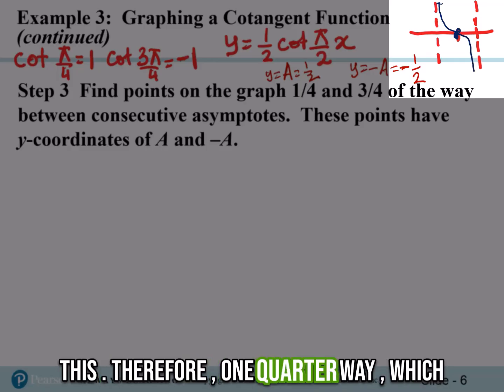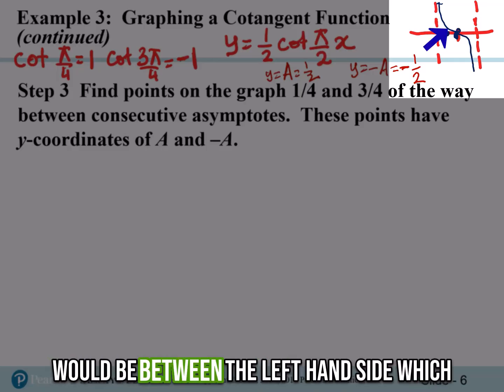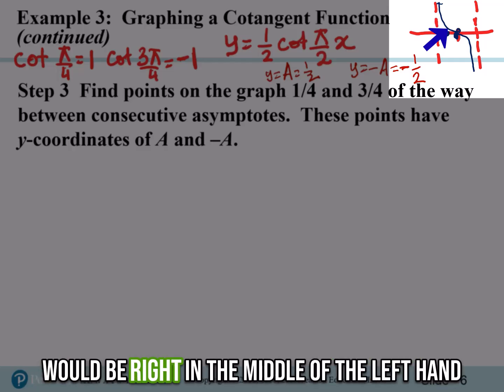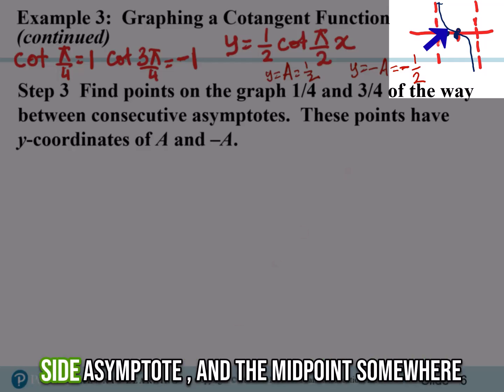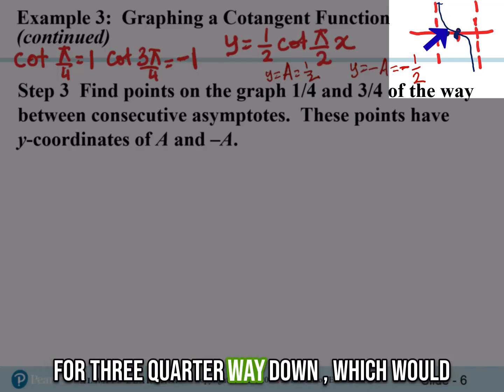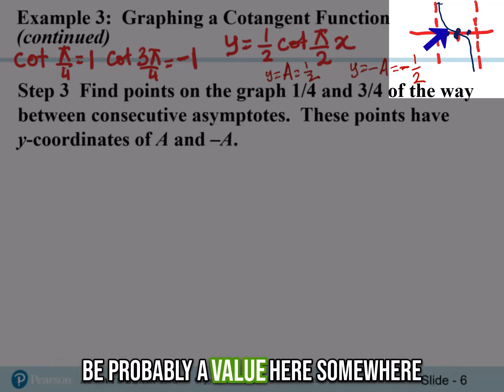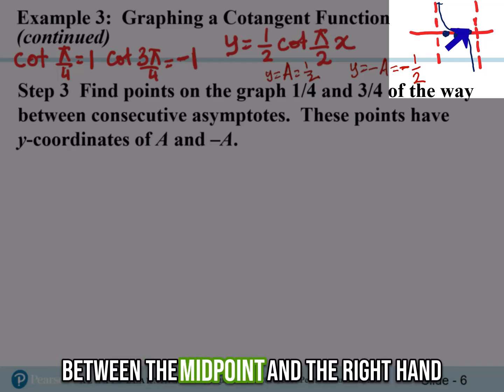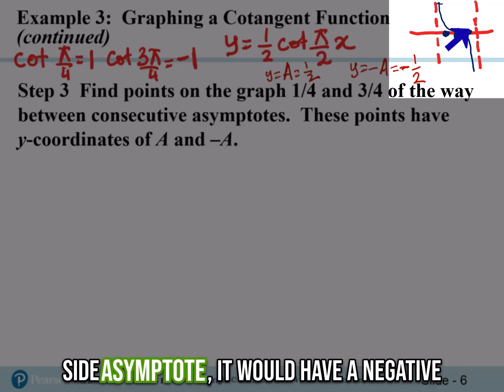Therefore, 1/4 way, right in the middle of the left-hand side asymptote and the midpoint, somewhere here would have a positive y value, whereas 3/4 way down, somewhere between the midpoint and the right-hand side asymptote, would have a negative value